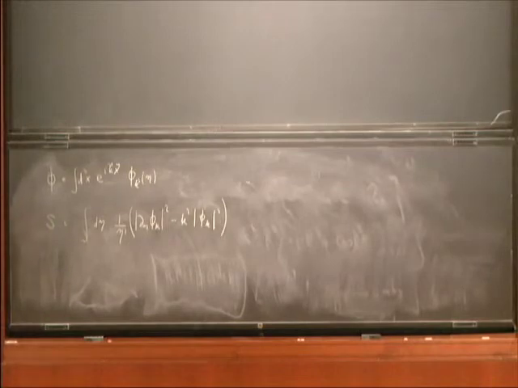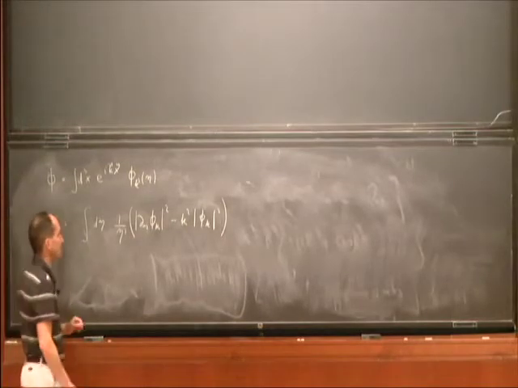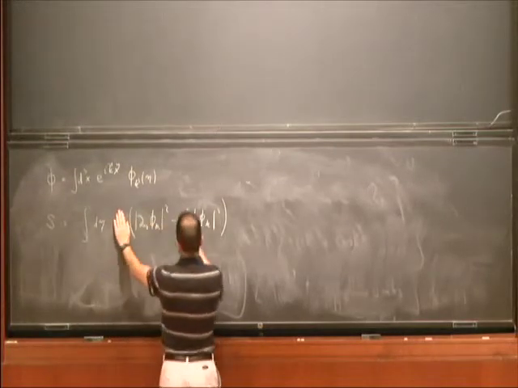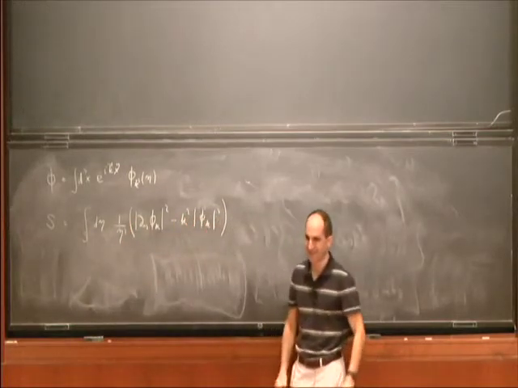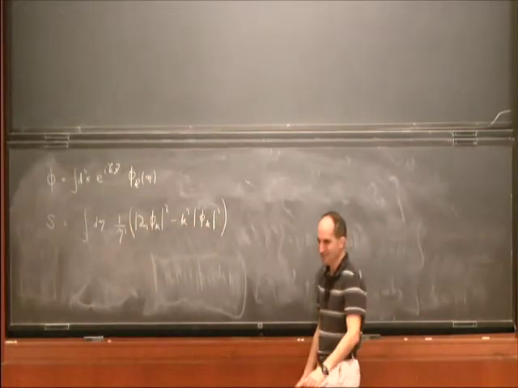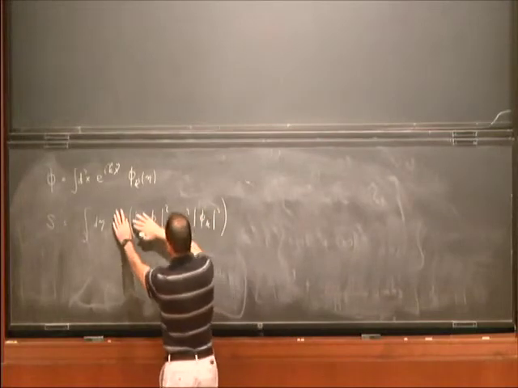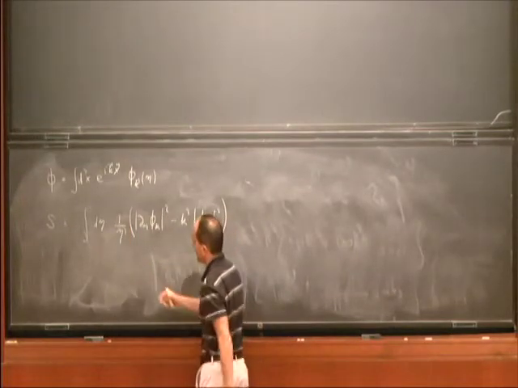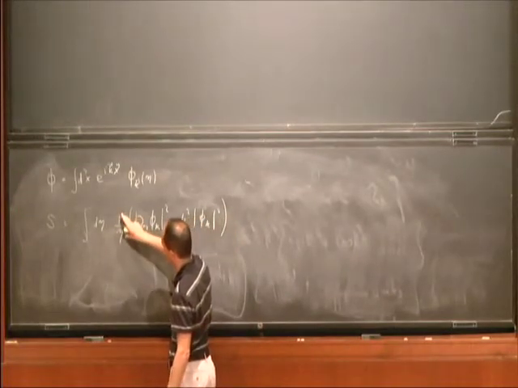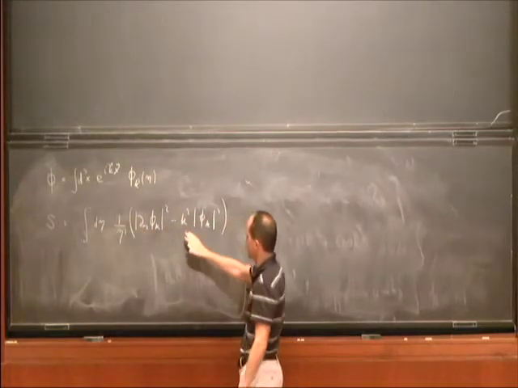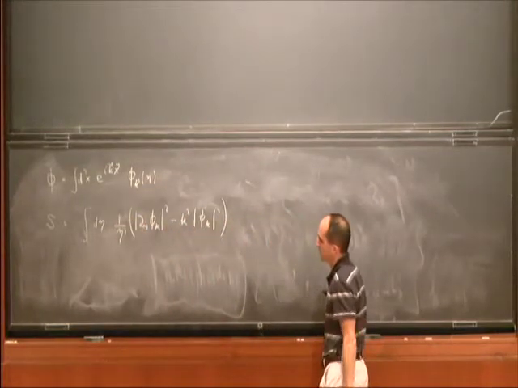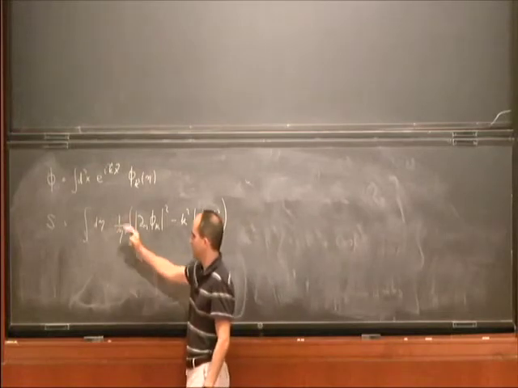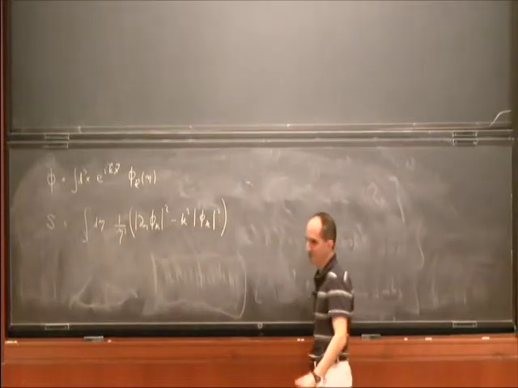And now we should look at this action, and we see the ever-present harmonic oscillator. Any problem that usually has a solution is a harmonic oscillator. So we see a harmonic oscillator with, you can think of it as a time-dependent mass. The frequency is k squared. So it's a harmonic oscillator with a time-dependent mass, or equivalently, you can think of a harmonic oscillator with an